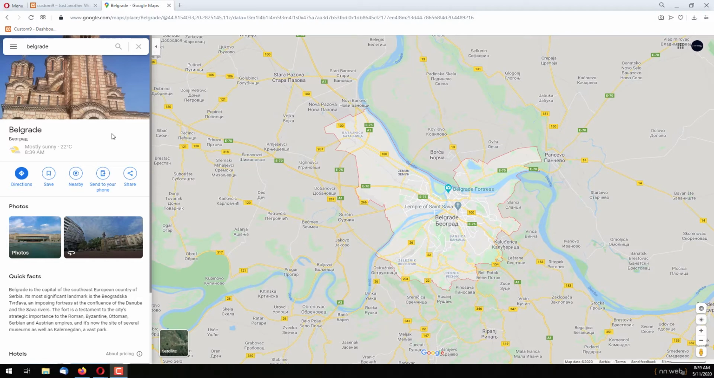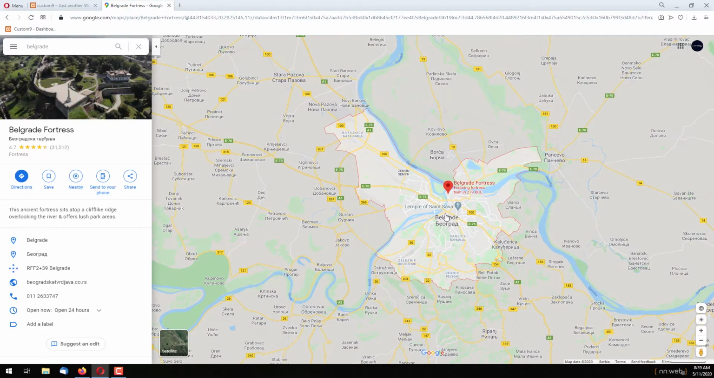Today I'm going to show you how to add a Google map in your WordPress website. So go to Google Maps and type your address. I've already typed Belgrade and I want to put a marker on Belgrade Fortress. Okay, this is a marker. Now you can change your map